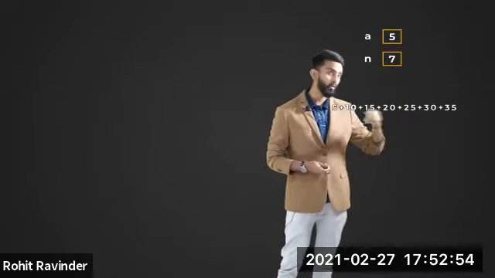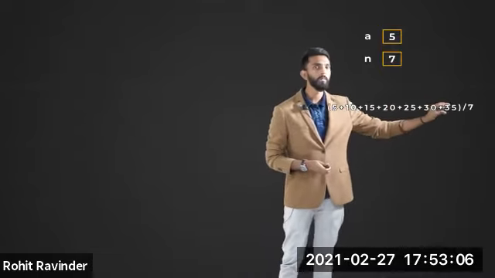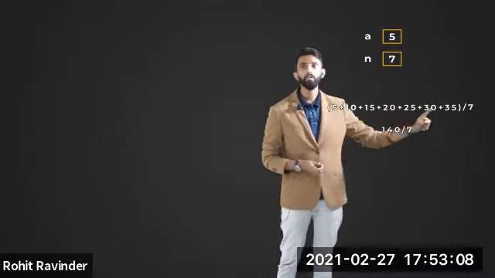Average is nothing but the total sum of all elements divided by the total number of elements. And the total number of elements here is nothing but 7. So now the question here is, the 7 is already given to you. How will you find these first 7 multiples? 140 divided by 7, which is 20. This is what you should be getting. And the question is, how will you get this part?